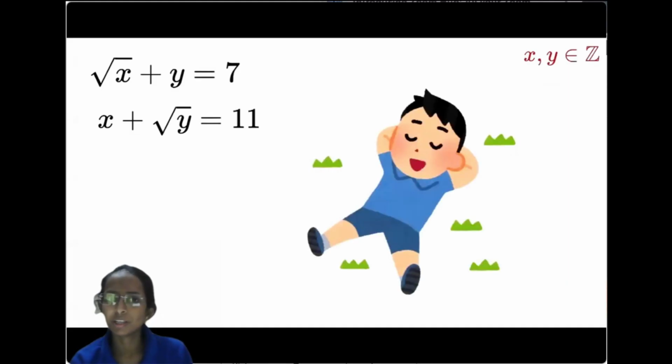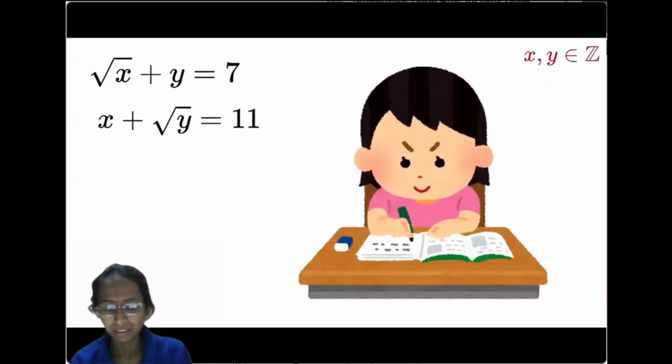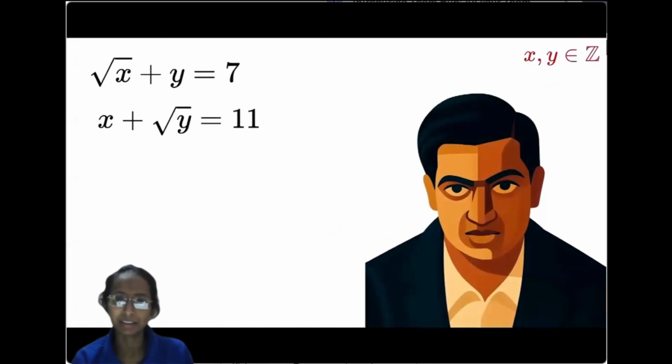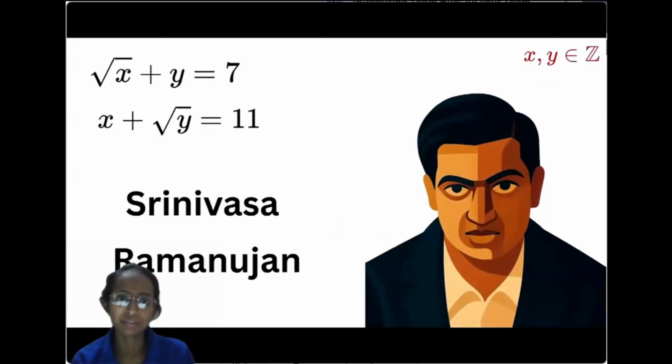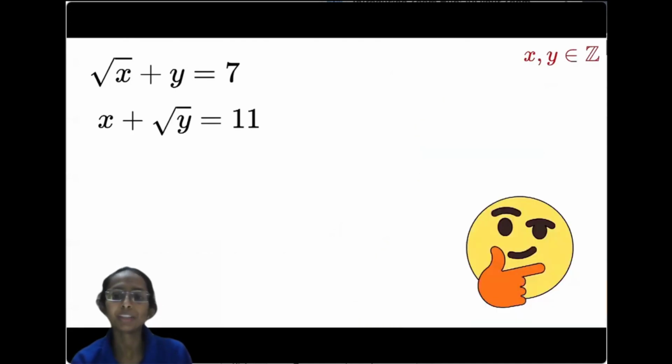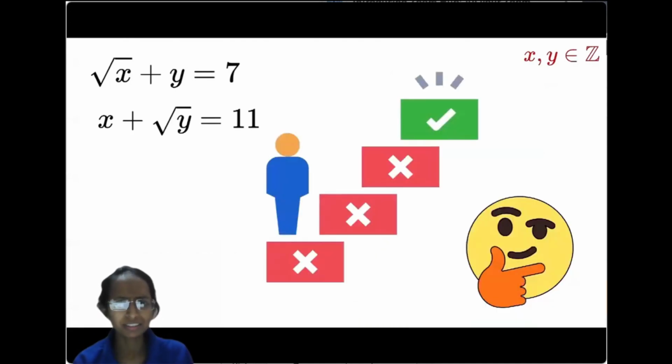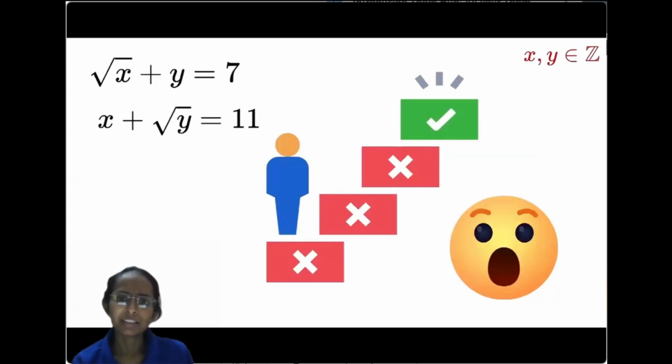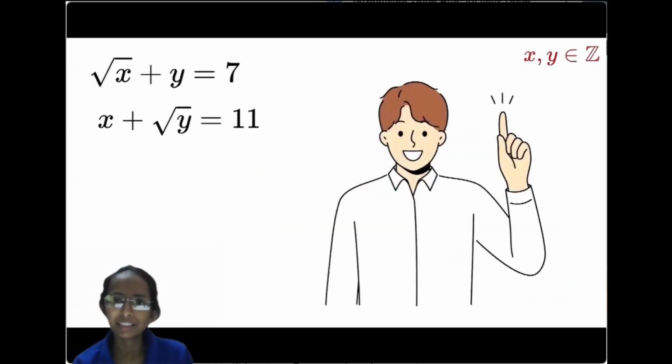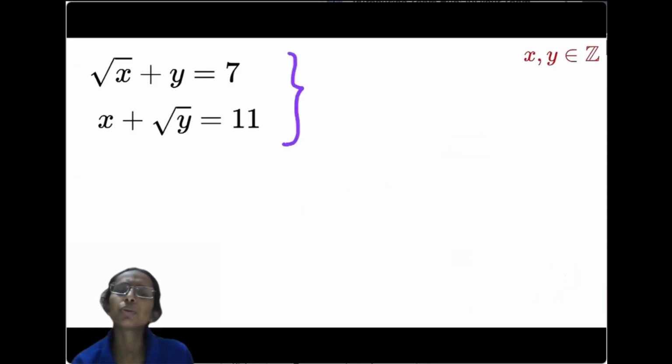This seems to be a very easy question, but it is not so easy, because this was asked by our great mathematician Srinivasa Ramanujan sir. So, can you solve this? We cannot do it only by the substitution method or hit and trial. So, what can we do over here? First, it seems to us that we can solve them like we can take the value of